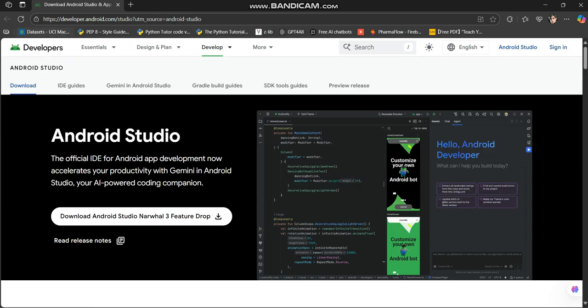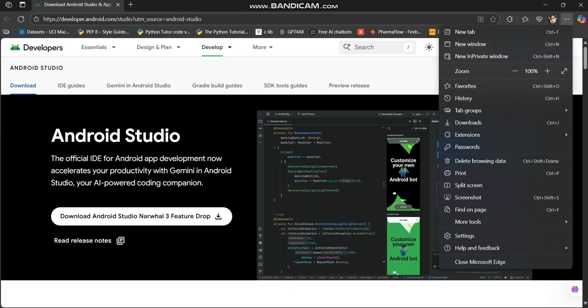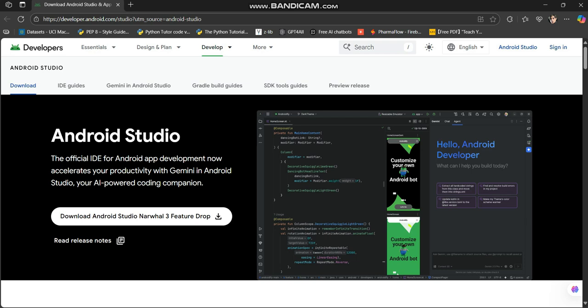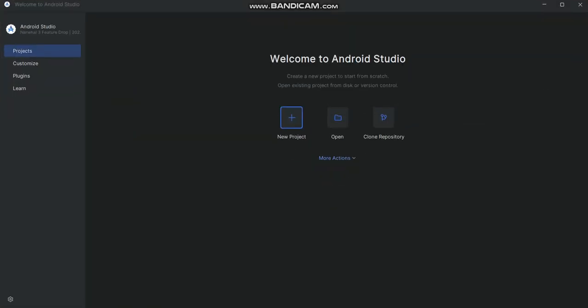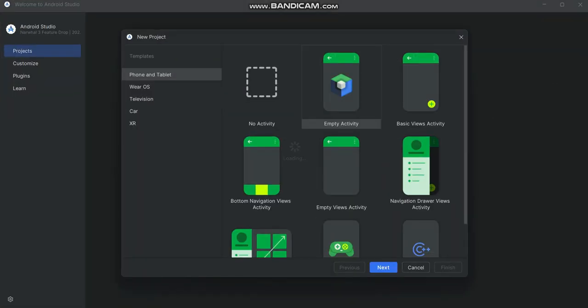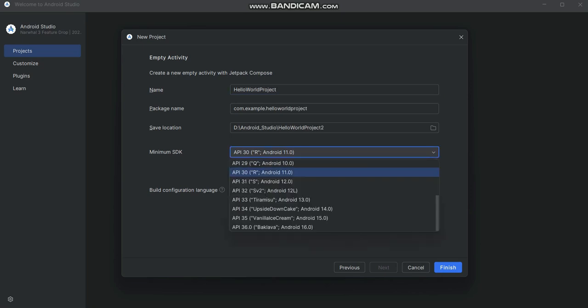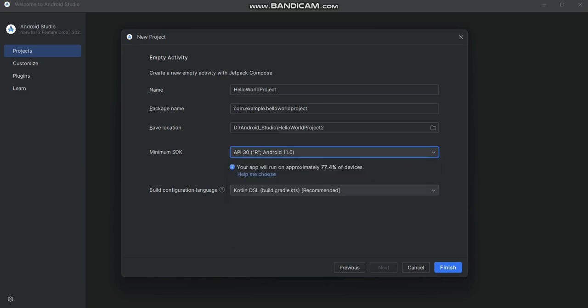Go to the official website, hit download, and download Android Studio. Once you've downloaded the setup and installed, open Android Studio, and this is what you'll see. Hit new project, click on empty activity, hit next, and you can name your project. And select an Android version